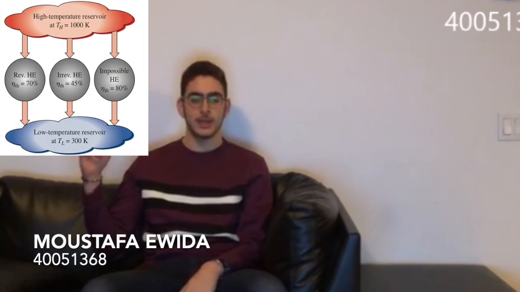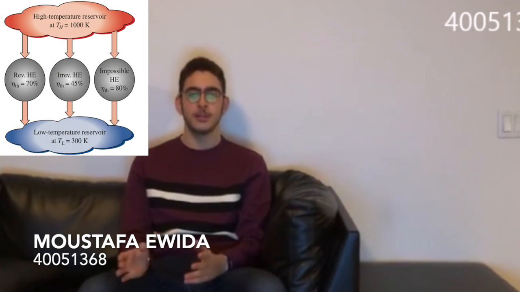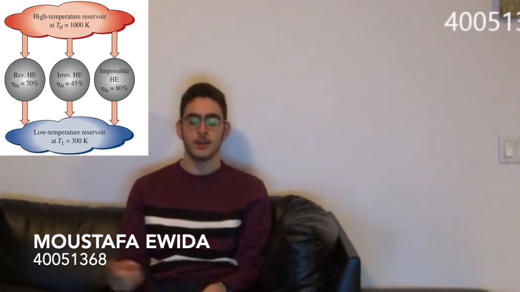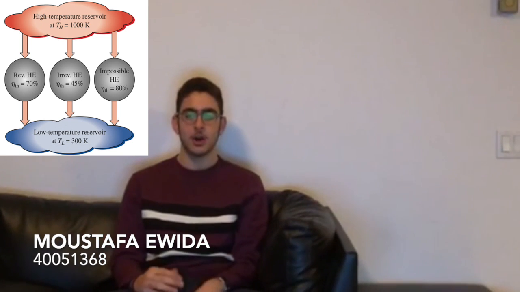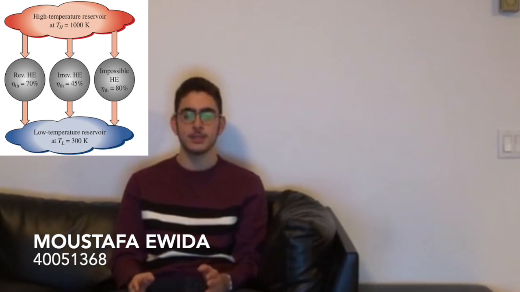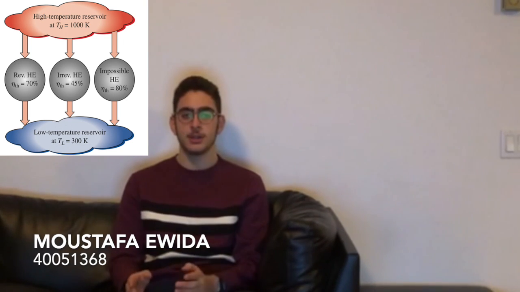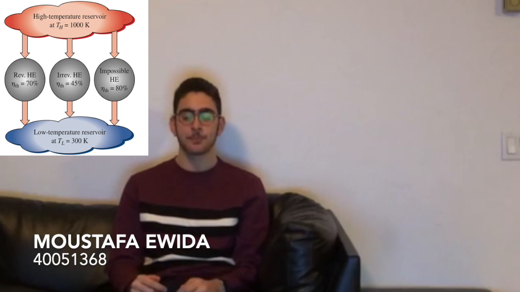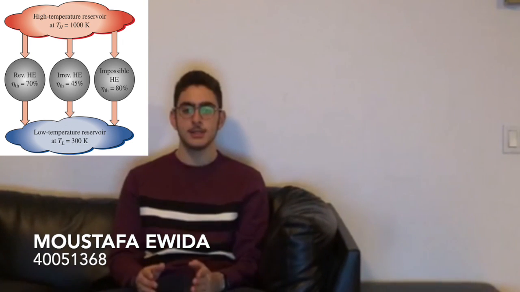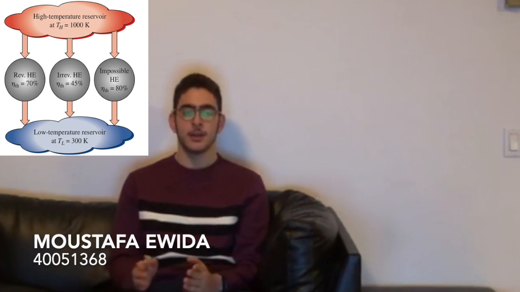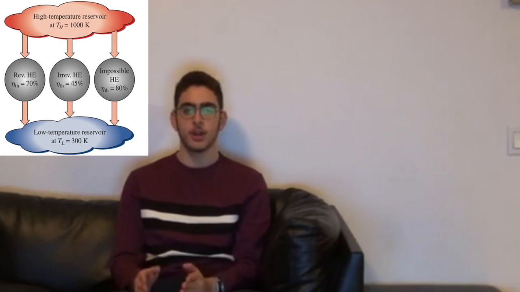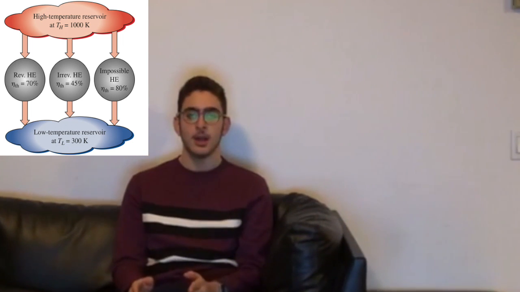The diagram shown here refers to Carnot Principles for a heat engine. In the diagram, we have three heat engines operating between the same temperature limits of 300 degrees Kelvin as a low temperature and 1000 degrees Kelvin as a high temperature. Suppose the first one is a reversible heat engine. Thus, all the processes that occur inside the heat engine are reversible.